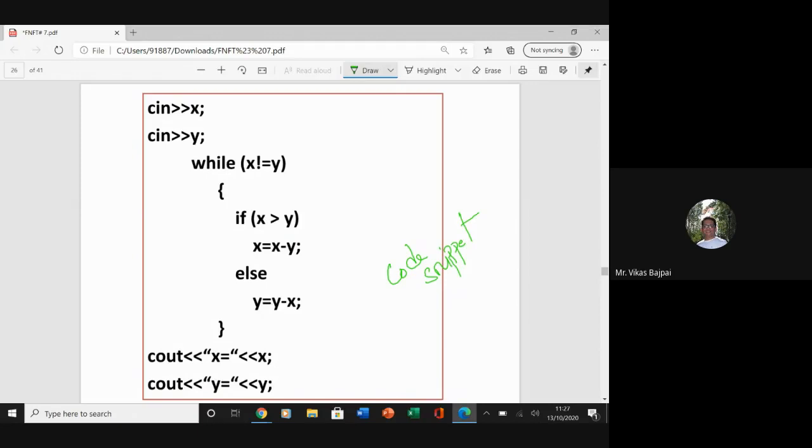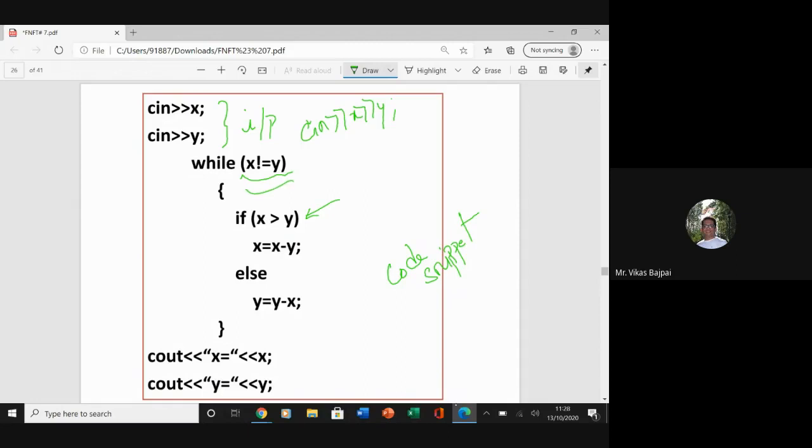So what this piece of code is doing is it is taking these two inputs. I could have made it in this format as well in order to get two values, but it's okay. To enhance the readability, I've done this. Then we are checking that if x is not equal to y, then if x is greater than y, go ahead with subtracting y from x, or else subtract x from y.